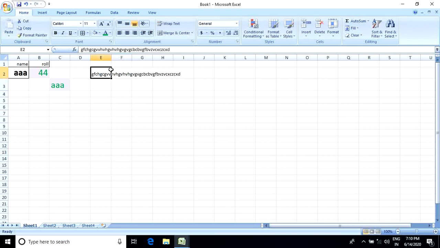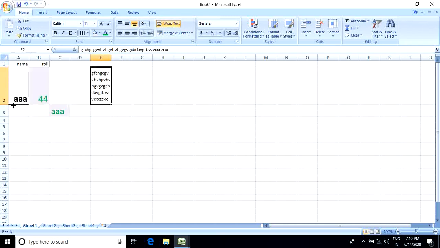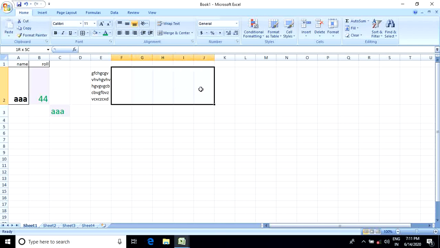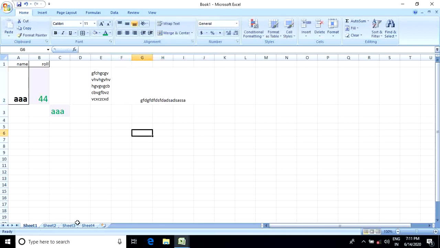Now you can select this one and click on wrap text, then it will be wrapped into a single text. Look at that. Okay. Now suppose you want to merge 2 or 3 cells. Okay, then select these cells and click on merge and center, and you can type here and this will be merged. So these are the alignment group.